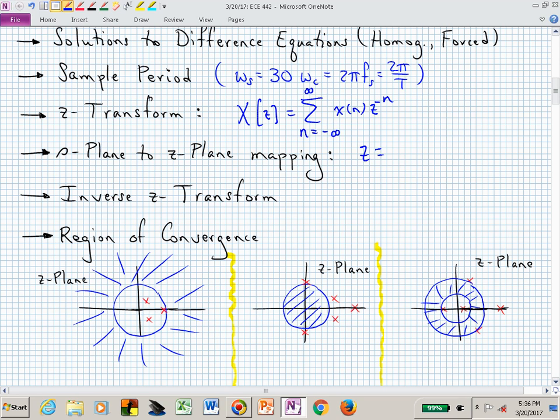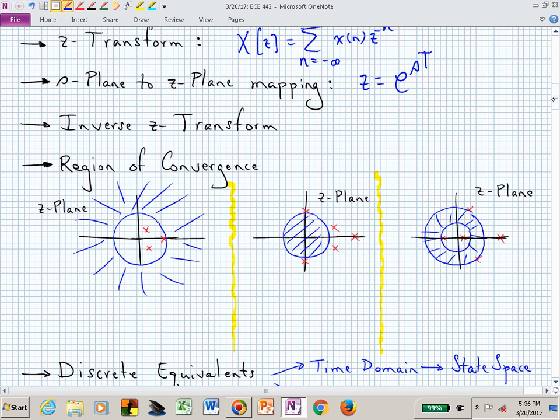You're playing with me, I assume. This is now e to the st, right? So our mapping was z equals e to the st. And you've learned how to inverse Z transform. The basic way is to do the pair comparison in a table, and so we now do some partial fraction expansion. What that inverse Z transform looks like to make it unique depends on the region of convergence,